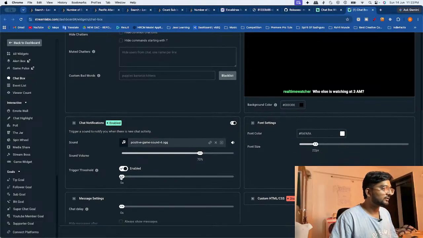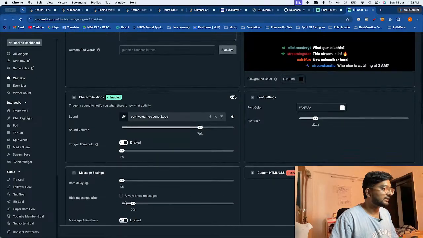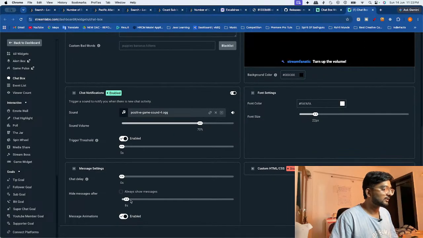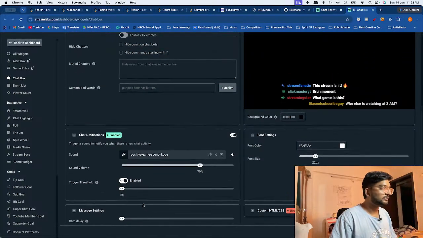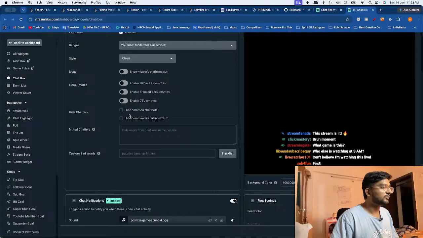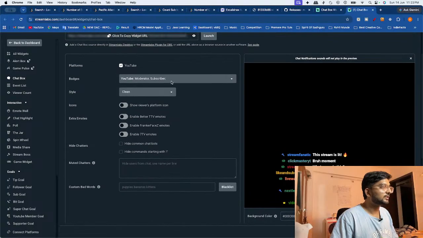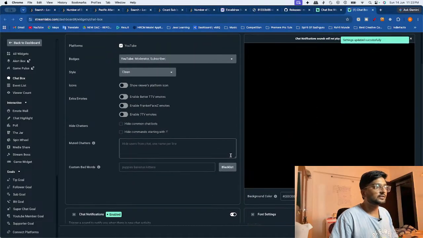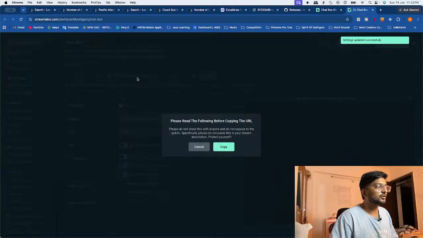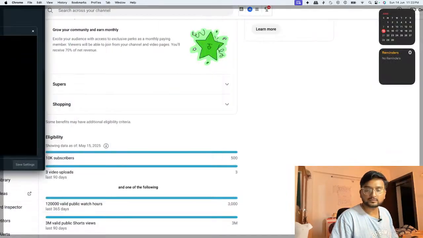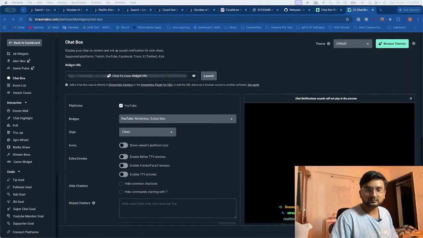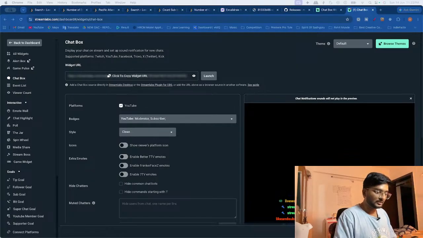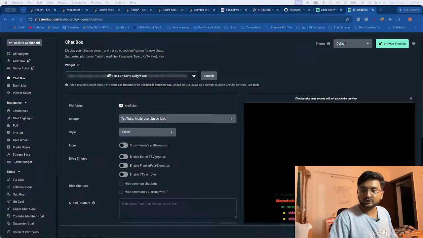Triggered threshold. Chat delay 0 seconds. Hide messages after this. Enabled. Hide common chatbots. Hide clean. Save settings. Copy. And chat properties, paste. Okay, so it should start to show